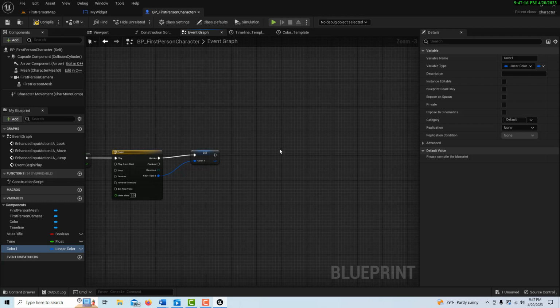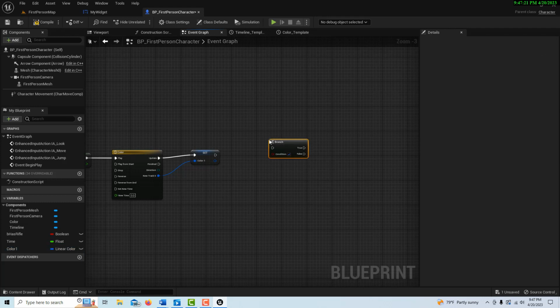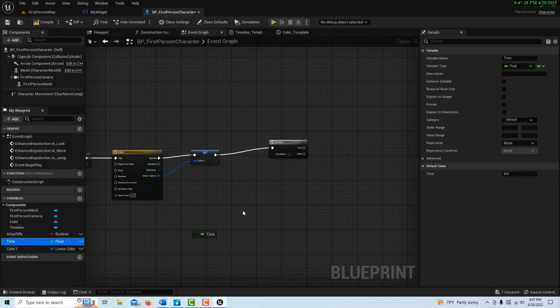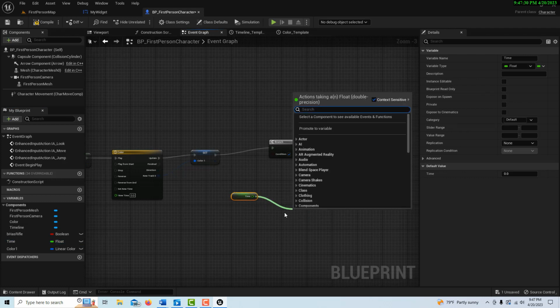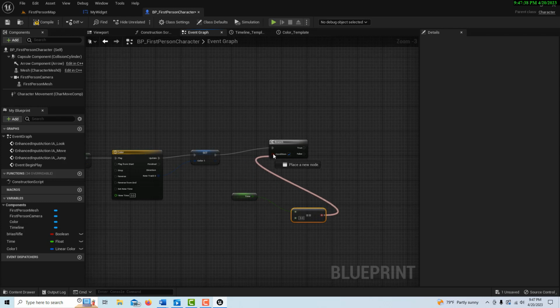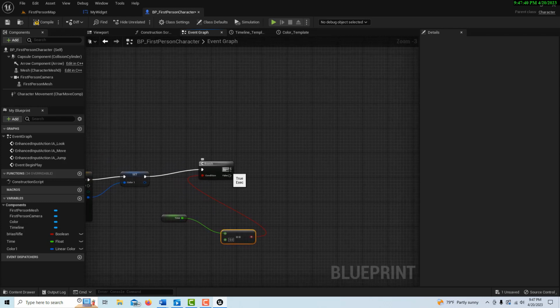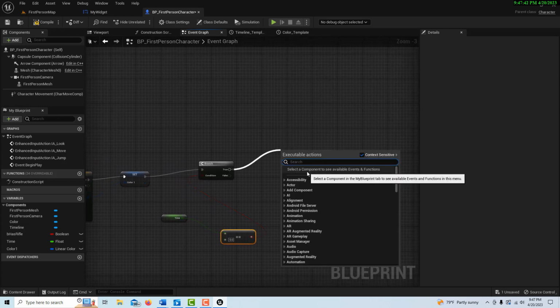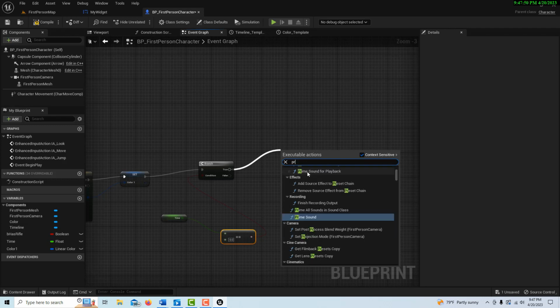Now, of course, what happens when we run out of time? Well, this is where we could implement some game logic. So what we could do is press B on the keyboard and click. And what's our condition? Well, our condition is going to be when our time runs out. So when get time equals 0, right? When the time equals 0, then whatever, destroy the actor in the game, set off an explosion, whatever